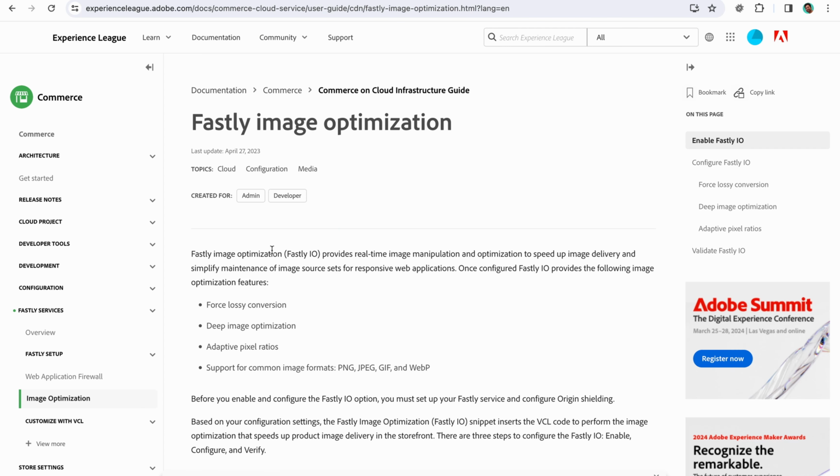I know about two very popular CDN providers in Magento. One is Fastly, which is available out of the box in Magento Cloud projects. If you are using a Magento Cloud project, it is automatically installed in your Magento project. You get the Fastly access, and Fastly is already installed on your server. So this is the best out-of-the-box CDN solution if you are using a Magento Cloud project. You have everything available to you. You just need to configure things from the admin panel.